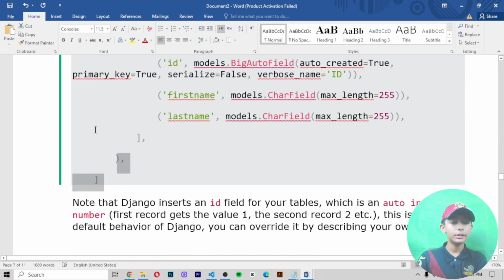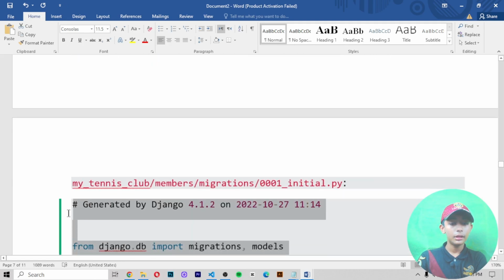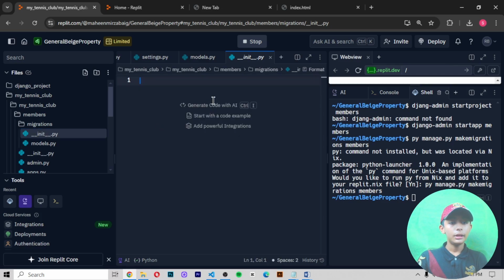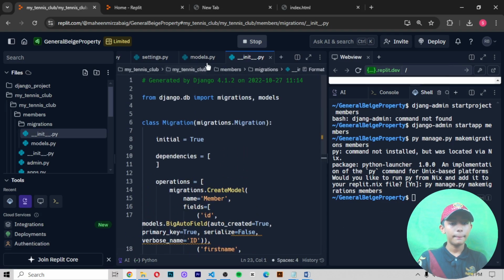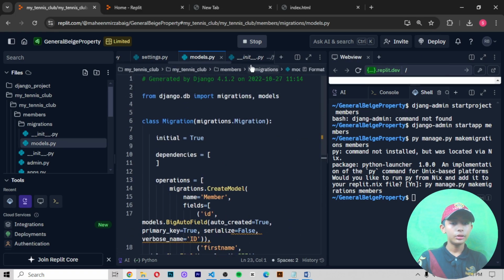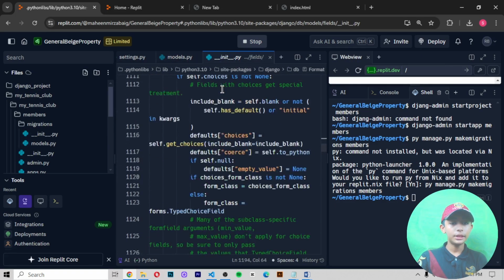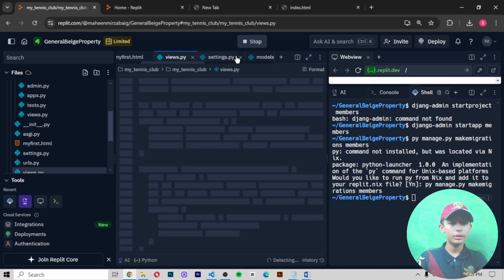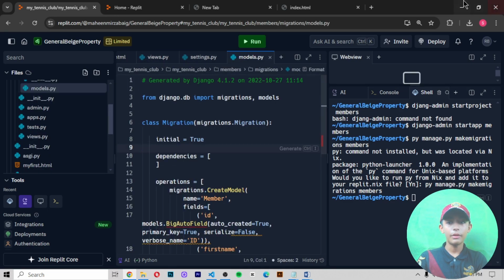Let me copy this syntax and paste this code in that file in the migrations folder. Sorry, erase this code from the models.py file.